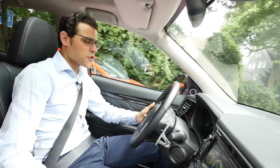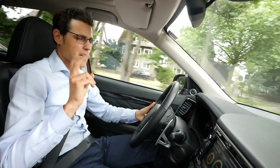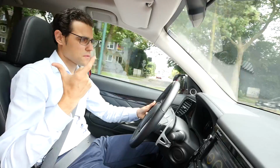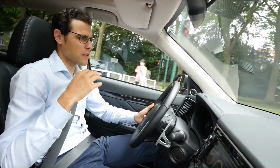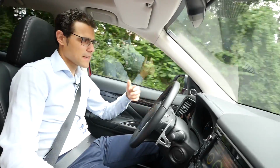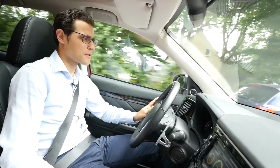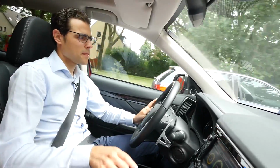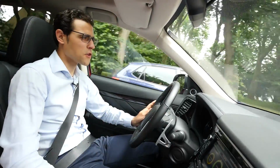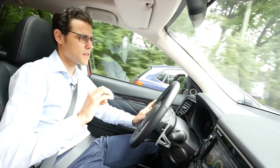What about driving in general? So there's the front engine, and then there are 2 electric engines, one for each axle. So you have the all-wheel drive then. And then again, even more strange with the Mitsubishi hybrid drive here is that the engine is always in the 5th gear. There's no transmission for the engine, there's just the 5th gear. And that means